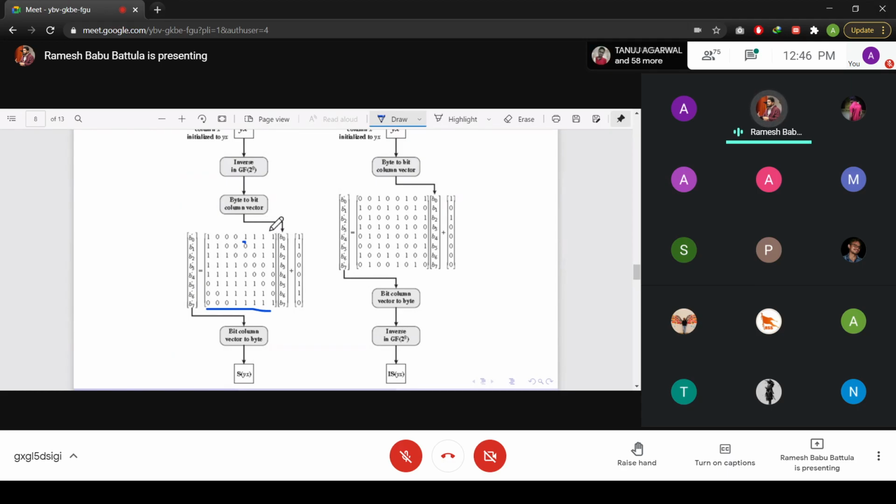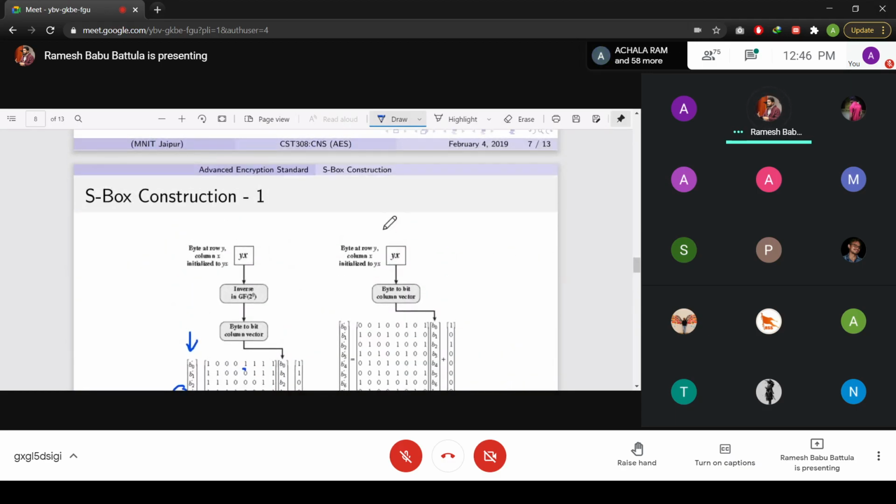Right? You just need to use the rotation operation. Automatically you will get all the remaining values, and you multiply your B0, B1, B2, B3, B4, B5, B6, B7 values. Then you will get this value. These values are your final values. These values are going to be placed in your S box. These are the final S box values.